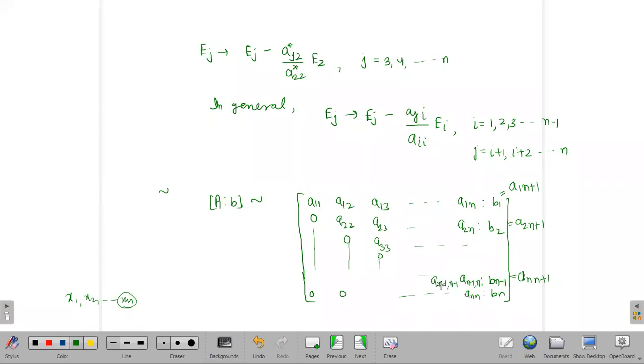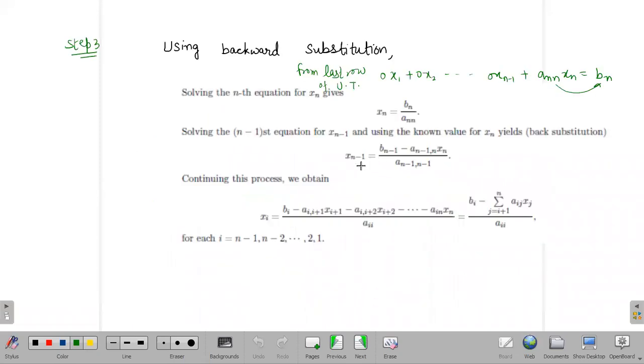So this is the coefficient of xn minus 1, this is the coefficient of xn, which is equal to bn minus 1. Now you have already found xn, so put the value here, and you will get xn minus 1 from here. So here xn minus 1 will be, because it is a(n-1)(n-1) into xn minus 1 plus